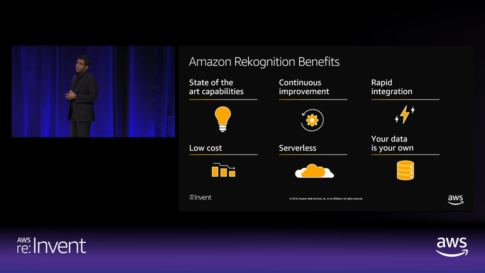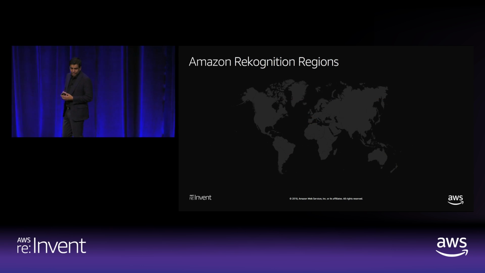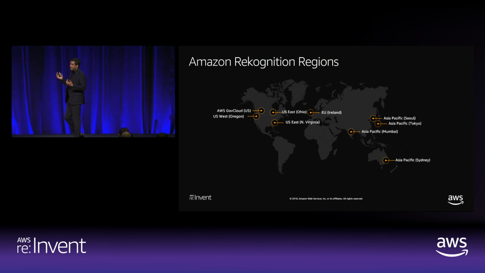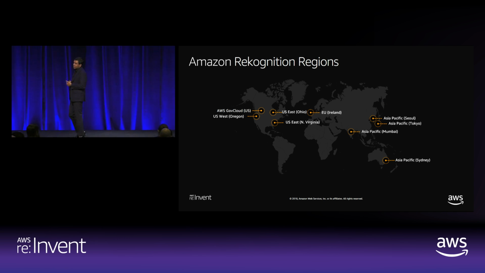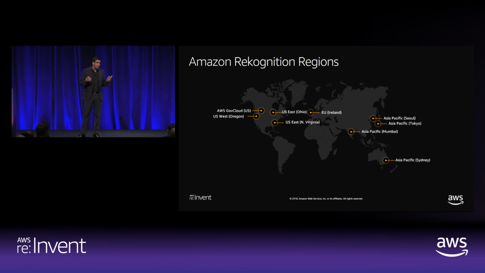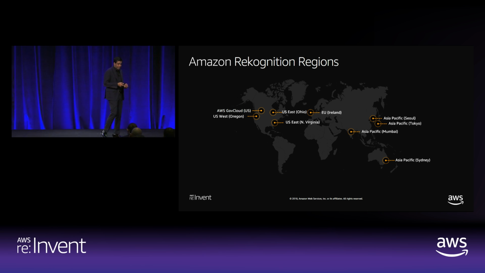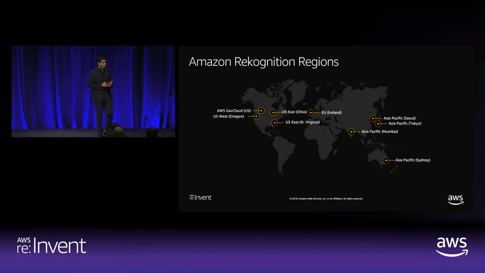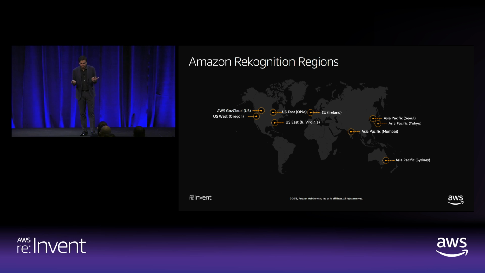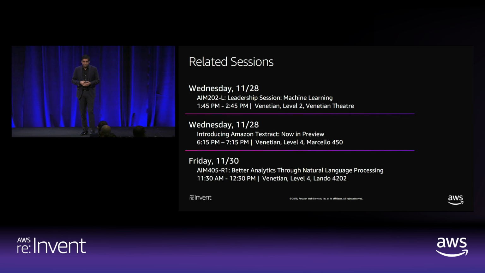And then finally, I think it's a very important point here. Your data is your own. We do not use, share, or look at your data, or improve our models using your data, unless we have explicit consent from you. So that's a very, very important distinction in my opinion. Rekognition is now available in 9 of these regions, so depending on your businesses, you can have Rekognition available locally, both images and video, and we are very rapidly increasing our footprint for all regions, and hopefully in 2019 we'll be in all regions that you can have AWS access to.